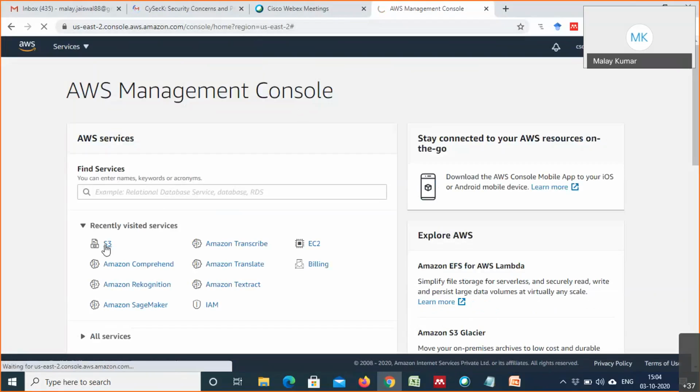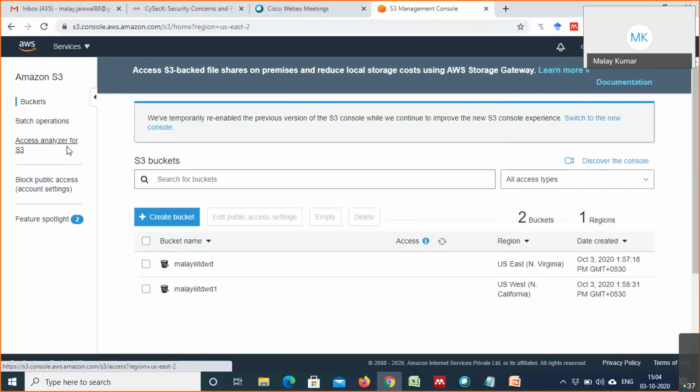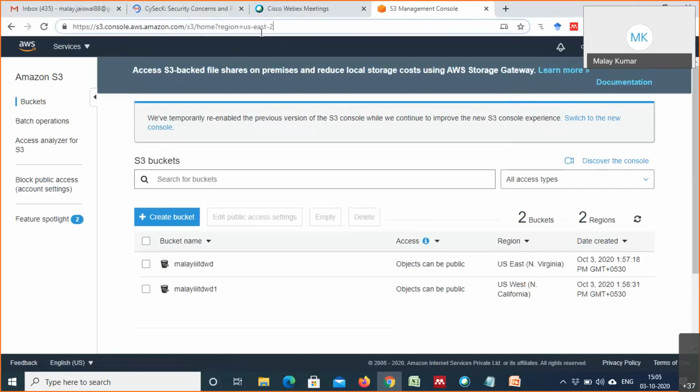In the S3 service, there are two, or even you can say three, kinds of access that it provides. Either you can access using the console, like I am using currently. Another kind of access is by using the command line interpreter, that is CLI. And there is another kind of access in S3 while writing your applications or